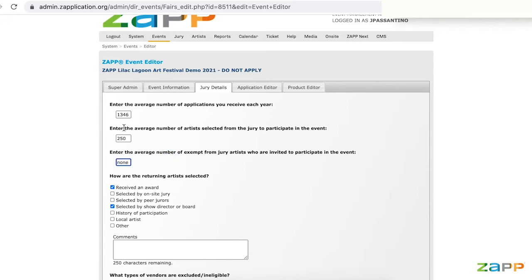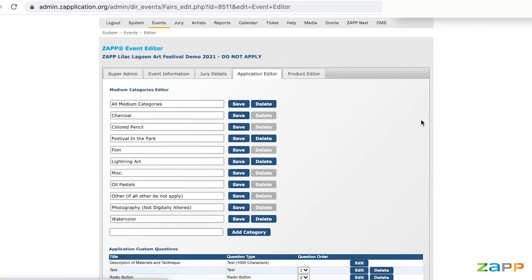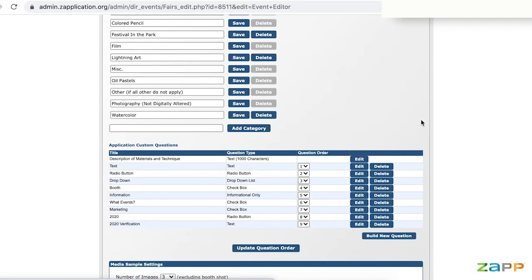And so kind of like a bonus thing that you can include in your application, just to ensure that all the artists who apply are on the same page, is going to be a custom question that uses conditional logic. So I've talked about this in a couple of other webinars, but I wanted to bring it up here as well, because you can use custom questions to have your artists verify certain information. So for example, one of the things that I brought up when I was talking about how using the artist side of ZAPP is going to look in 2021 is answering questions with your application ID to verify that you